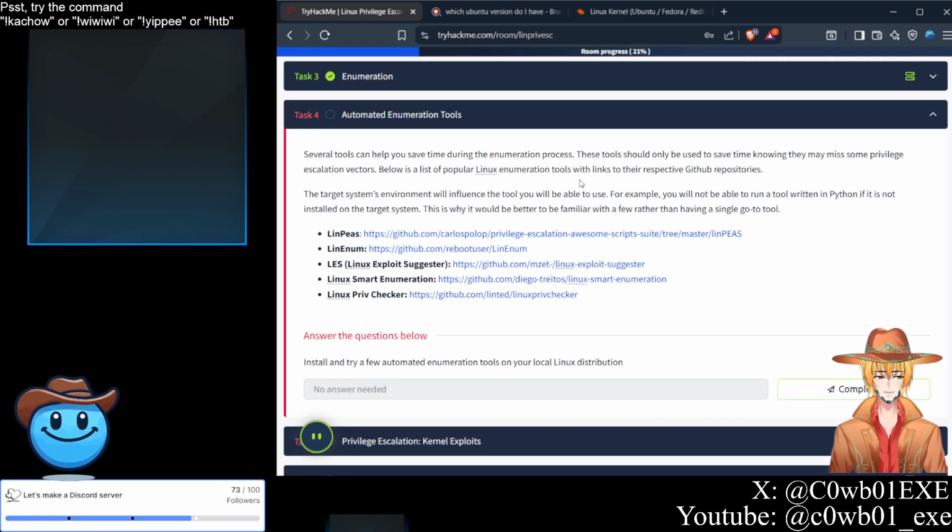Task number 4. Let's see what we got. Several tools can help you save time during the enumeration process. These tools should only be used to save time, knowing they may miss some privilege escalation vectors. Below is a list of popular Linux enumeration tools with links to their respective GitHub repos. The target system's environment will influence the tool you will be able to use. For example, you will not be able to run a tool written in Python if it's not installed in the target system. This is why it would be better to be familiar with a few rather than having a single